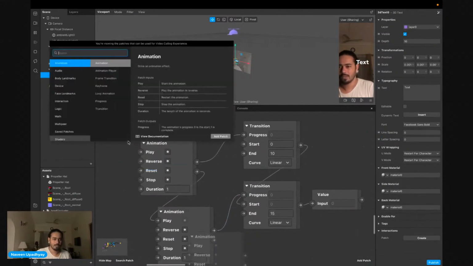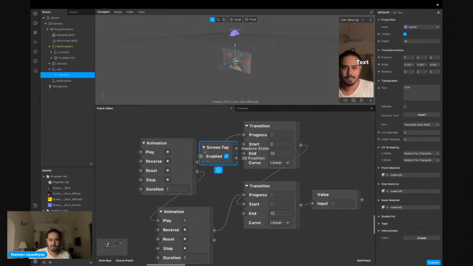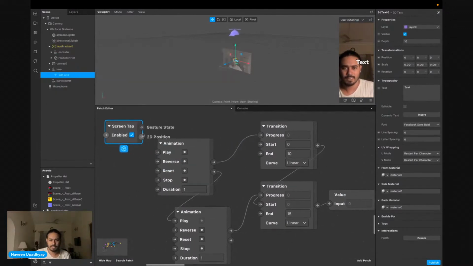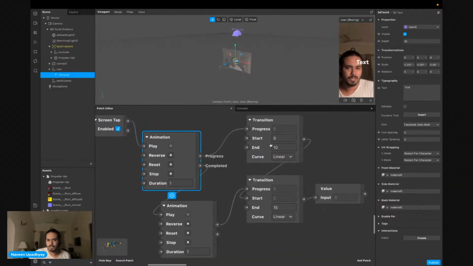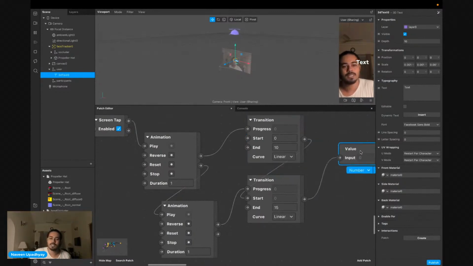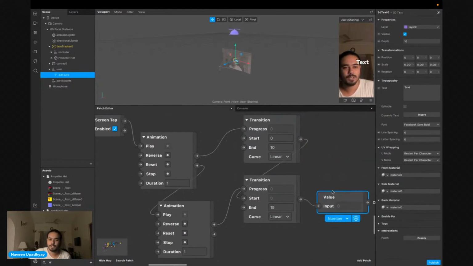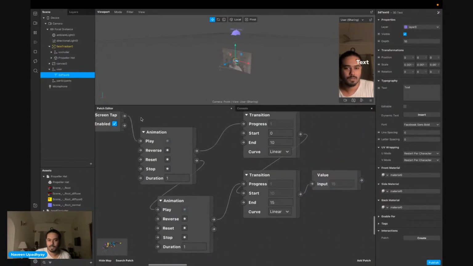Sandesh, you can have a look, and if it is the same thing that you're asking, then that's fine. If there is anything else that you want to refer, then let me know. When I screen tap, this is going to change the progress of this. In 1 second, it's going to reach 10, and when 1 second is over, this is going to start from where it ends, which is 10, and it's going to end at 15. So just notice this number. If I screen tap, you can see that number changing from 0 to 15 in 2 seconds of total time.